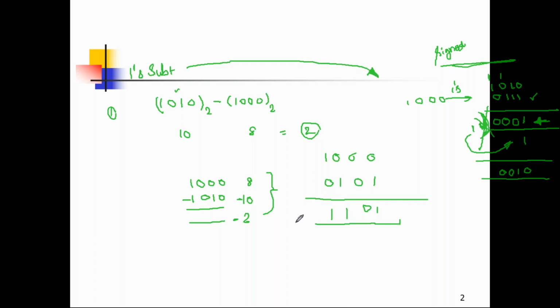Please listen. Here there is no end carry, but in the previous case there was a carry. Then what is the next step? This is not the final result. To obtain the final result, you should again take the ones complement of the obtained result. What is the ones complement of this? 1 is changed to 0, zeros are changed to 1. So 0 0. Okay, 0 0. So this is the result.